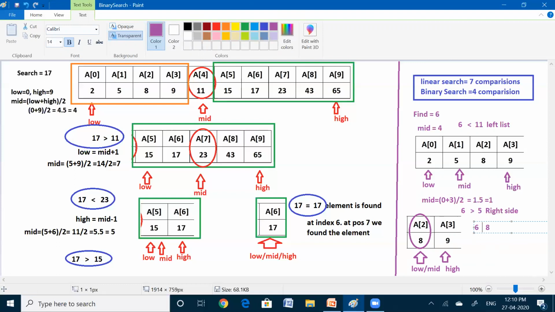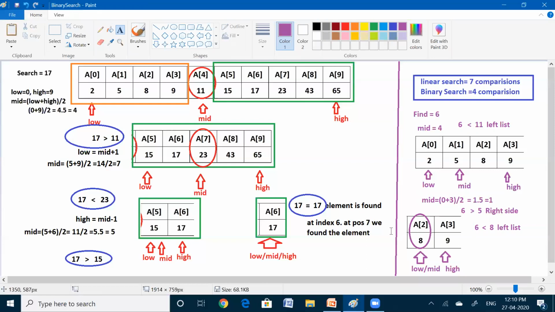Here the search element is less than the middle element. That means we need to search for the 6 in the left list of the middle element. But here, unfortunately, we don't have any left side elements for 8.